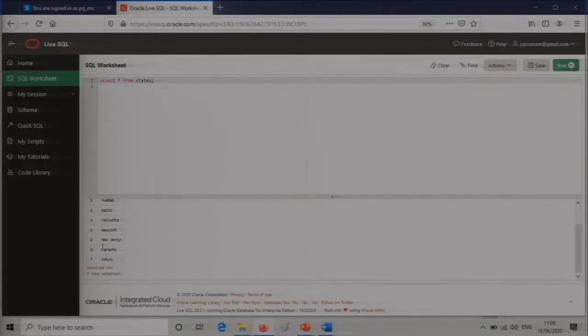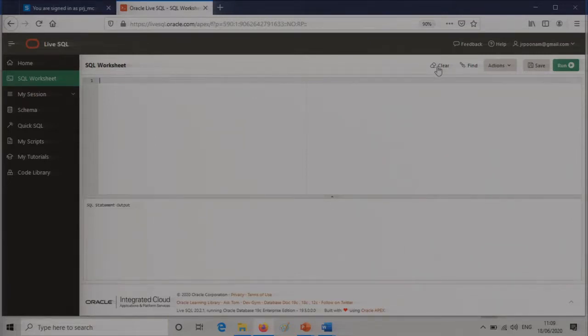Then you can see 6 and 7 were not there in the countries list, but I have something extra: Karachi and Tokyo. So we can see that the IDs 3 and 4 existing in our countries table are not existing in this table, and the IDs 6 and 7 are not existing in the countries table, but are existing in the states table here. Can you see this?